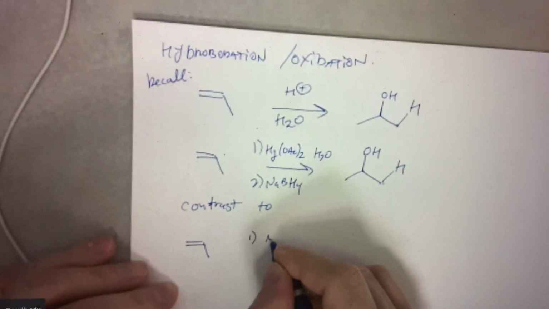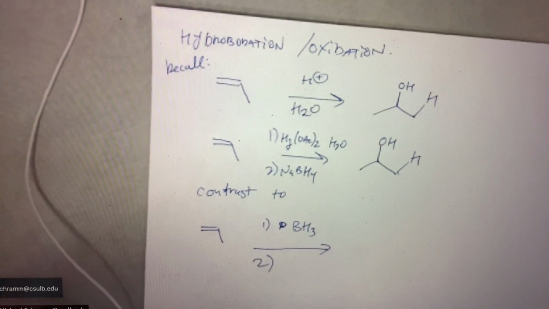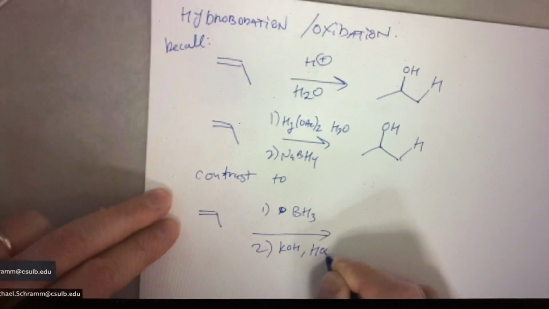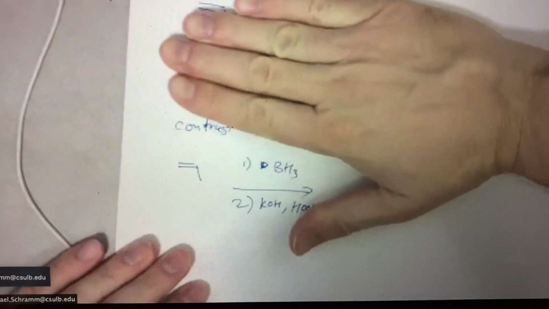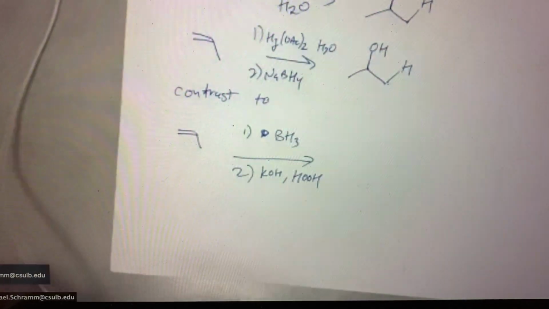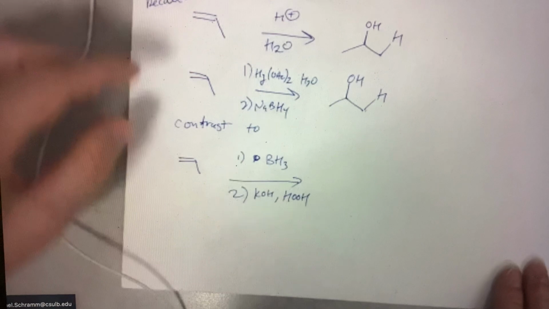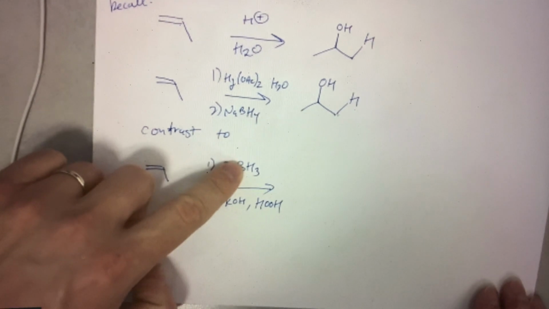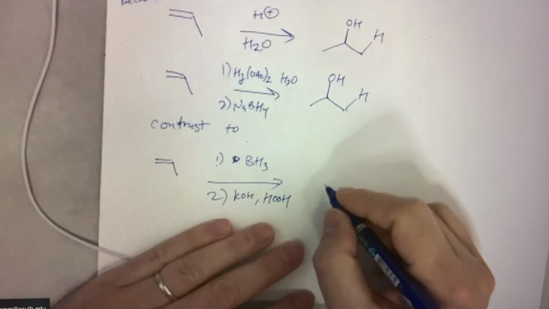Step one. Let's use BH3. Step two. We're going to use potassium hydroxide and hydrogen peroxide. So these are the first general conditions. Normally all this stuff up here wouldn't even be here, the way we've been developing the notes. We've been developing the notes as alkene, some reagent, then product, then we draw out a specific alkene, we do the mechanism, we talk about details. But here I'm recalling these two ideas, and here, when we use borane and potassium hydroxide and hydrogen peroxide,